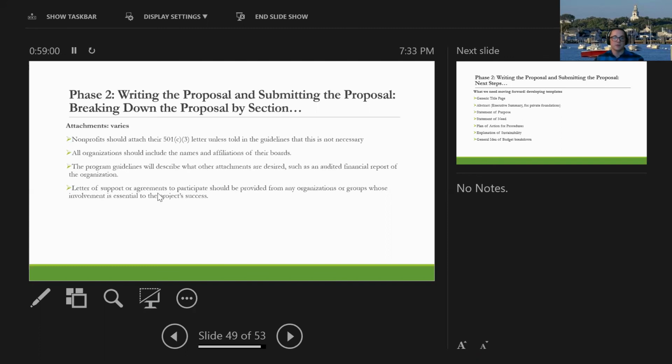Letters of support or agreements. These bullets are not absolutes in what you should attach. They just give examples of what could be requested to be attached. So letters of support, any type of guidelines, board sign-offs, your EIN number, your 501c3 letter from the IRS validating that you are indeed a nonprofit organization. Some organizations want that stuff, some don't mess with it. It just depends.